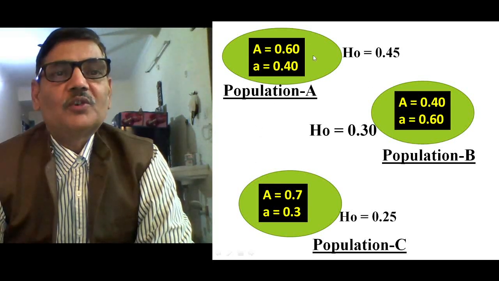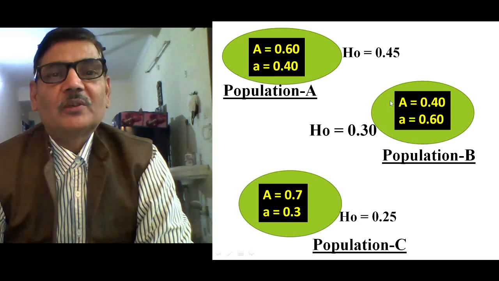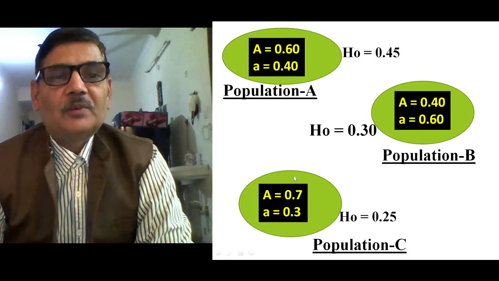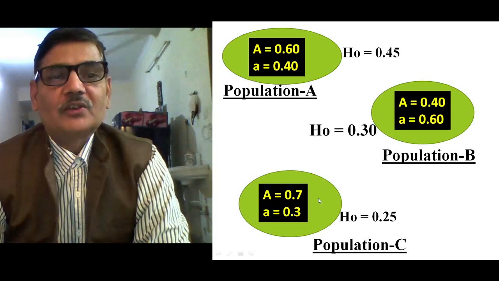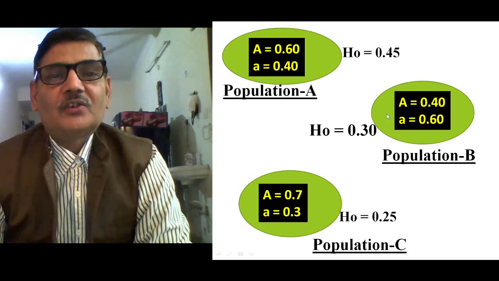One thing we should understand is that there could be several individuals in this population. All these individuals will be different genetically from each other, so there will be genetic variation among the individuals of this population. Likewise, in population B, variations will be there among the individuals. In population C also, the individuals which are part of this population will show variation. But we are actually trying to understand the level of variation found among these three populations.